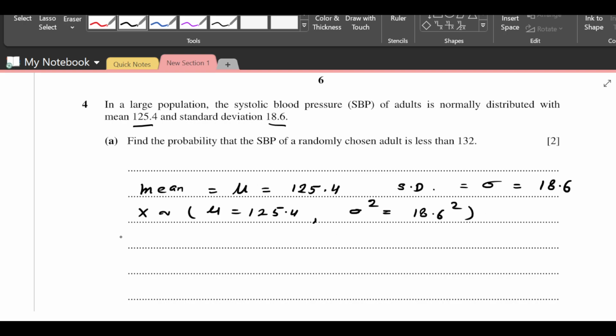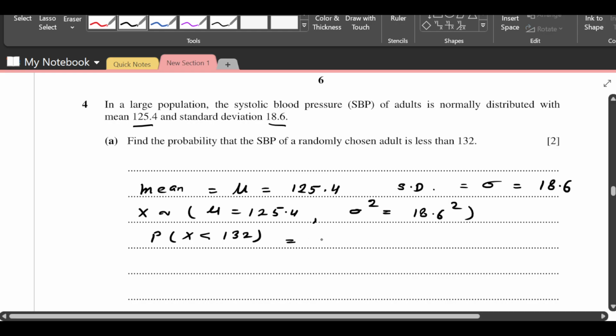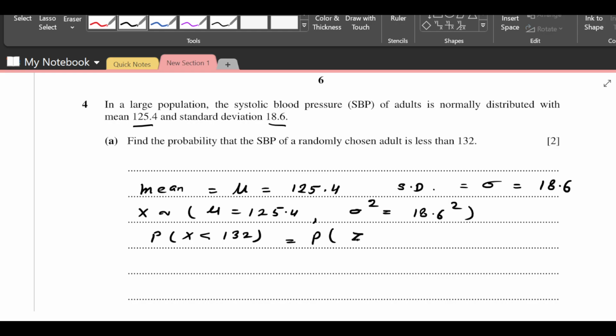We have to find the probability of x less than 132. So this is same as probability of z less than